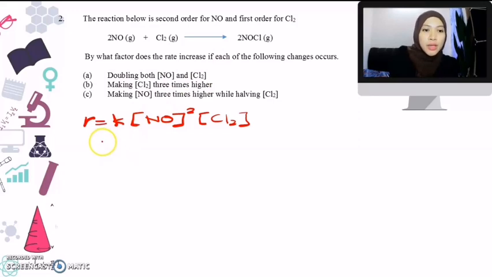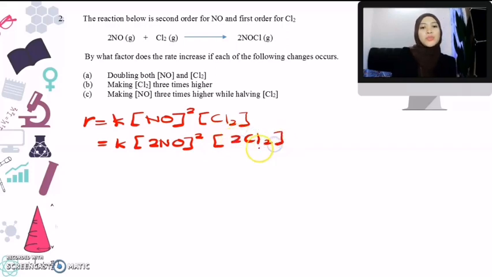Okay, by doubling both NO and Cl2. Now look at the question: we double, meaning 2NO, and double Cl2 to 2Cl2. Take note, this is squared, or to the power of 2, and this is to the power of 1. So you can factorize by bringing the factors of the reactant out from the concentration. So 2 squared, you have 4, right? So we have 4 times 2 to the power of 1, 2,